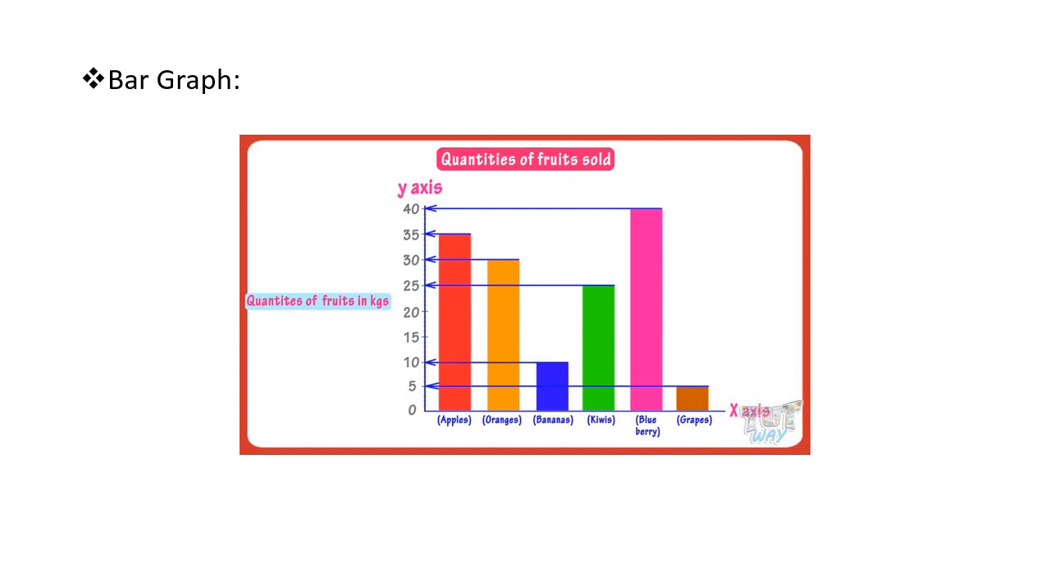So now we have a bar graph. And so now we see here our quantities of fruits sold. And so we've got our fruits along the x-axis: apples, oranges, bananas, kiwis, blueberries, and grapes. And then our y-axis is how many of those